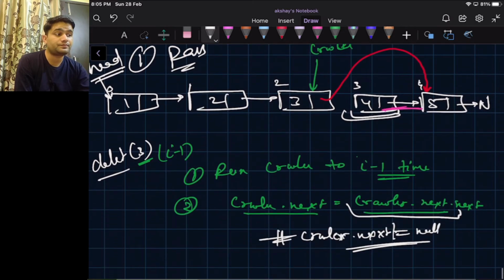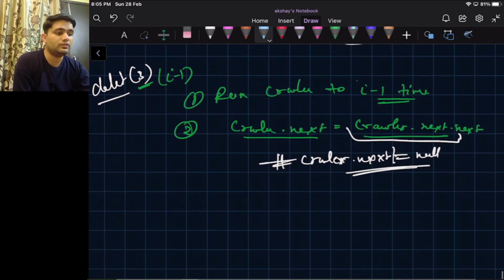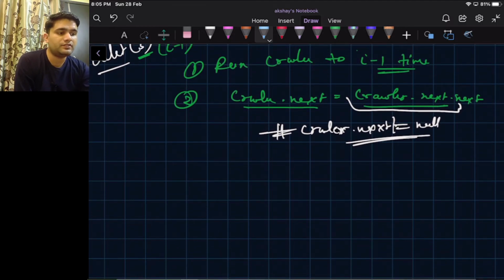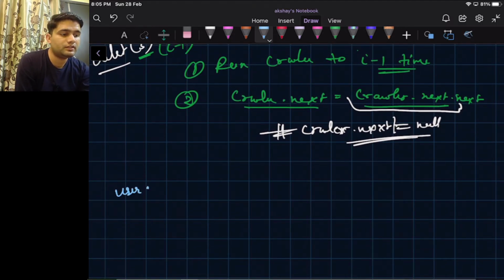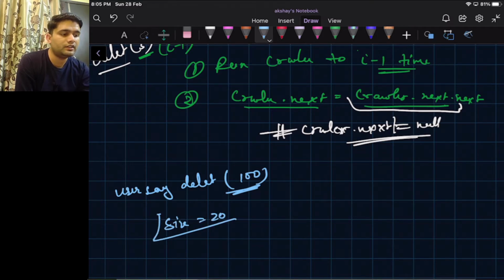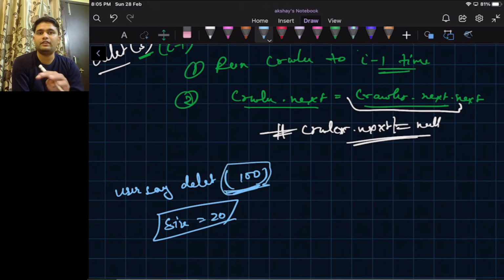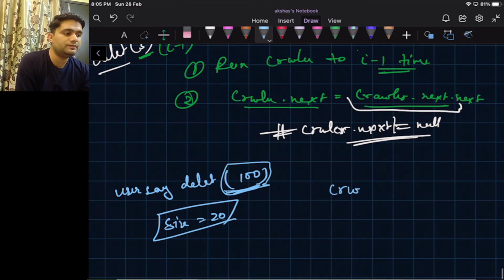There is one caution though. There may be a chance when a user says delete 100, and your linked list size is 20. In this case what we can do is we can simply check while we are crawling through the linked list, if crawler becomes null.